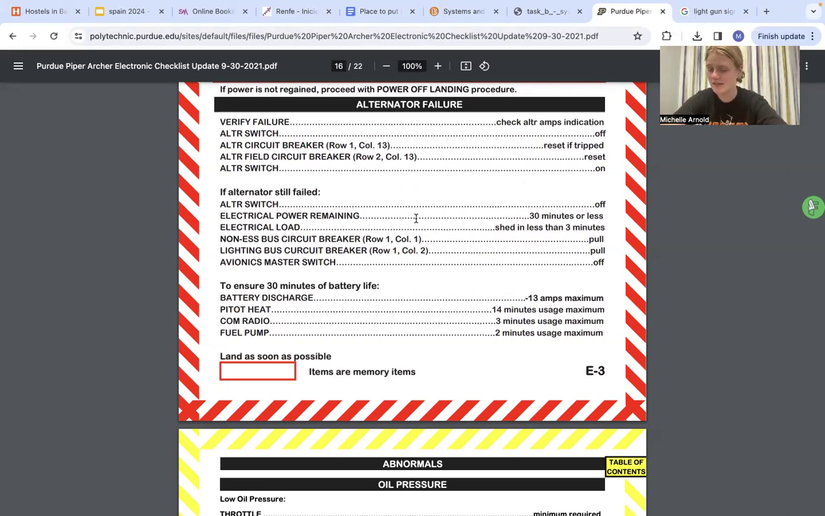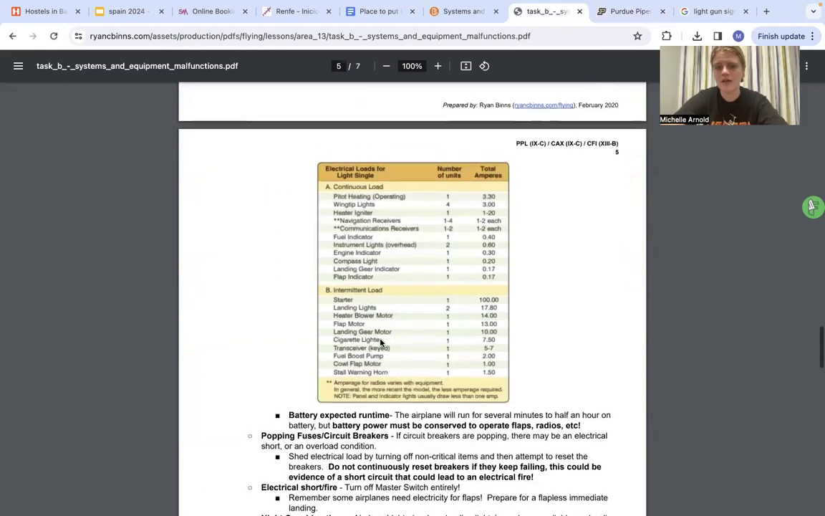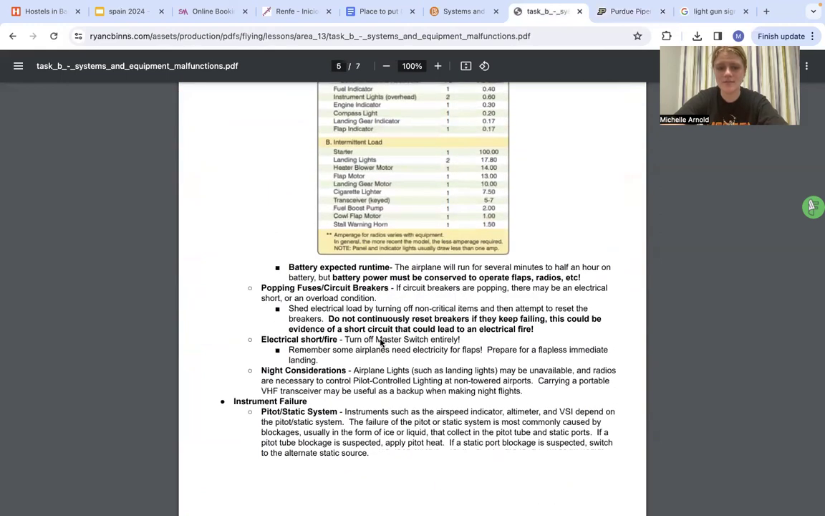Remember to aviate, navigate, communicate. Make sure you're navigating to an airport that you can get to within 30 minutes. And then start shedding electrical load. So the non-essential circuit breakers, you're going to pull those, and the lighting bus circuit breakers, you're also going to pull that. Keep in mind that if it is nighttime,